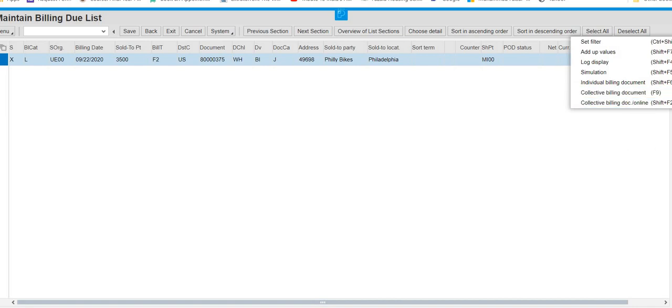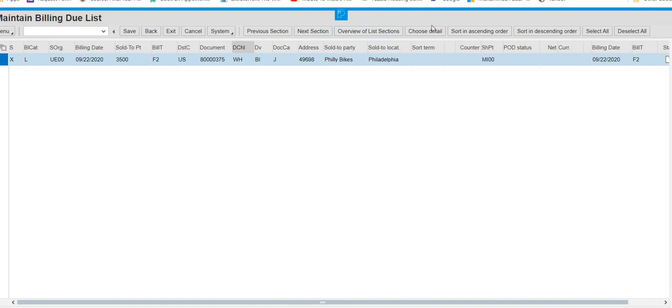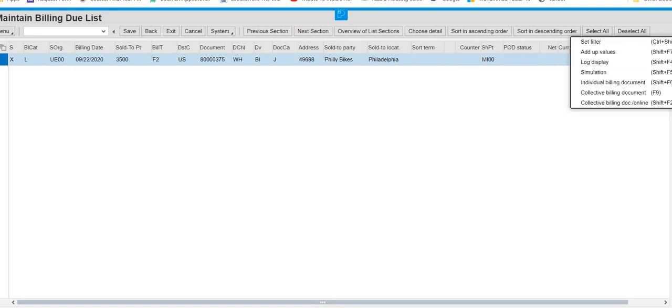Go to the rightmost side of this screen and press this double greater than sign, that is more, and you will receive one menu, and in that menu you will have this collective billing document. Okay.